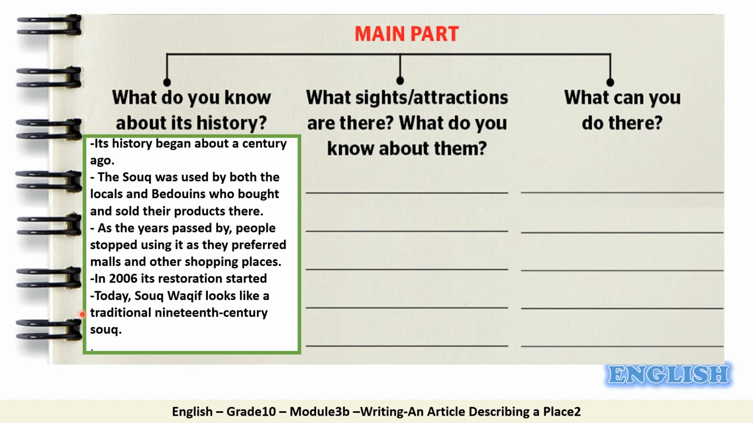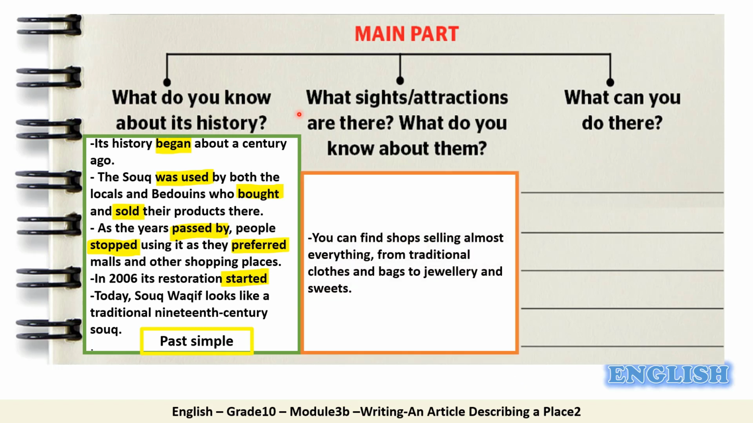What is it? Excellent. It's the past simple tense, like for example, began, was, bought, sold, passed by, stopped, preferred, started. So the past simple tense is used to talk about the place's history. Now in the second part, you're going to talk about the sites and attractions. So you can say, for instance, you can find shops selling almost everything from traditional clothes and bags to jewelry